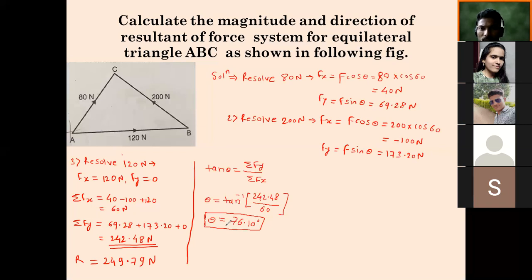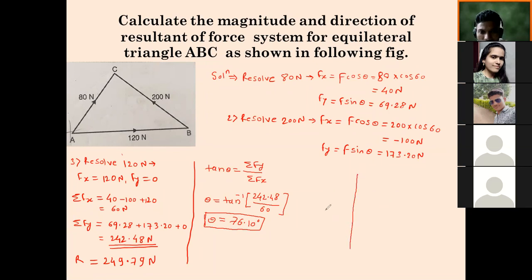So what is next now? Direction. Direction we have to find out now. So how to find the direction? We have to check whether theta is positive or negative. Okay. Positive. Is it positive? Means in which direction we have to take this? Anti-clockwise. Very simple. So whoever was asking last time, just check how we have to take this.